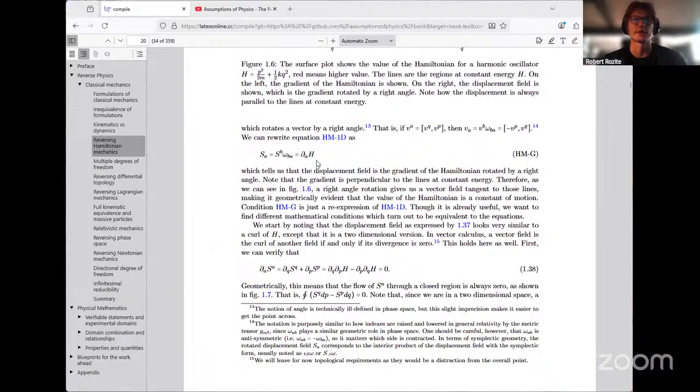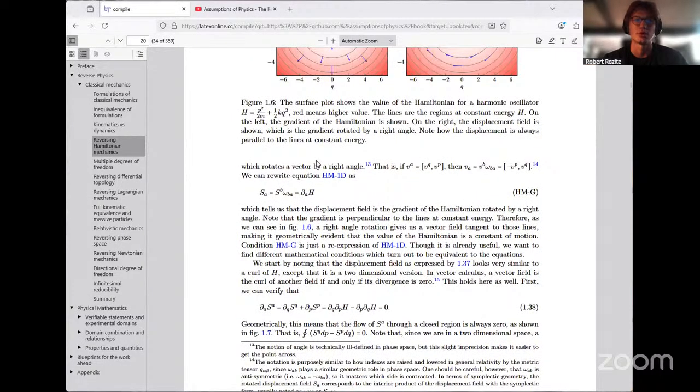Which rotates a vector by a right angle. And then there's a footnote. The notion of angle is technically ill-defined in phase space, but this slight imprecision makes it easier to get the point across. That is, if V^A equals V^Q V^P, then V_A equals V_B omega^BA equals minus V^P V^Q. We can rewrite equation HM1D as